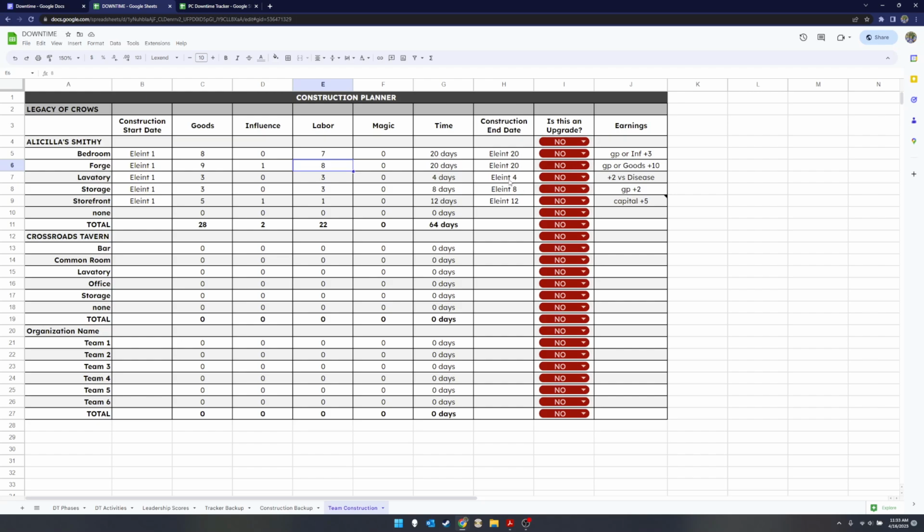So you'll have a lavatory pretty quickly, which I guess is great. You have kind of a porta potty on site. And then your storage room will pop up. Then your storefront will be there. But getting the bedroom and the forge going